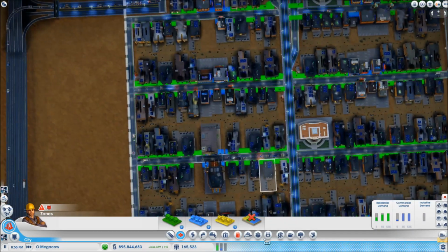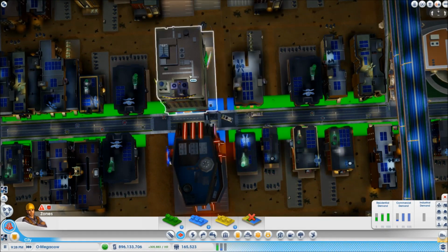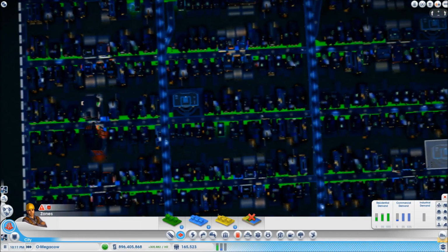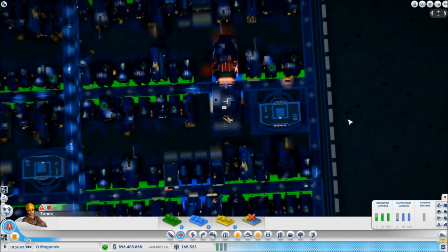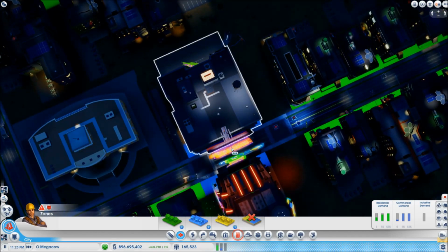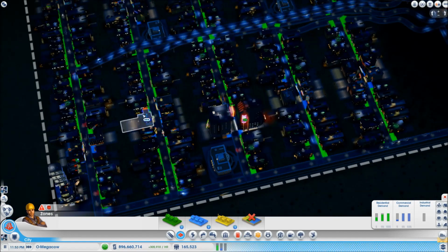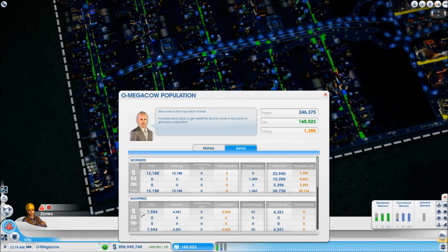I've put in just a little bit of high density road there, right? Just 2 high density buildings. And then I've actually got rid of the medium density that were in the middle from both of these sections, and then I've got two more high density, and the same thing, you just delete a little section of road. Can't quite see that one, can we? There we go. Just delete a little section of road and then zone in a couple of high density buildings, and you can put in 2 or 3 or 4 or whatever to balance out that number. Wrong one, this one. To balance this out so that